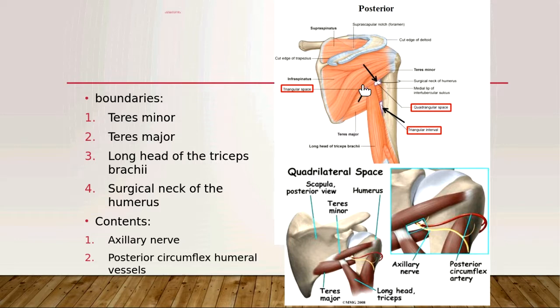Is it the Teres Minor? Correct, the Teres Minor. And while you're with us, is this still Tola? Yeah, that's me. Okay, what makes the inferior border? The Teres Major. Teres Major. Okay, what about